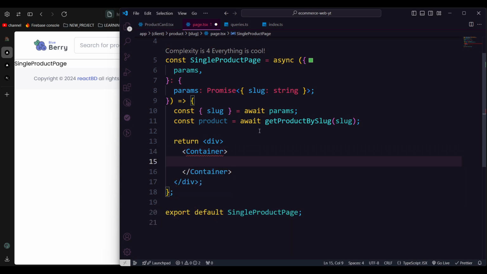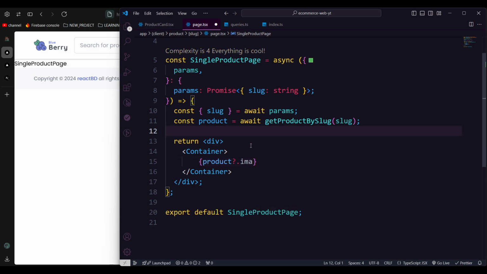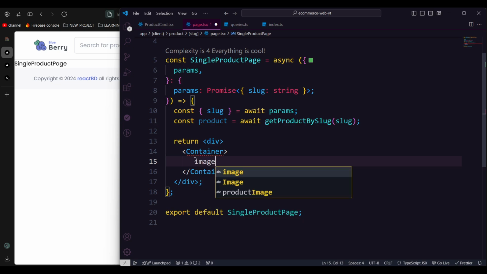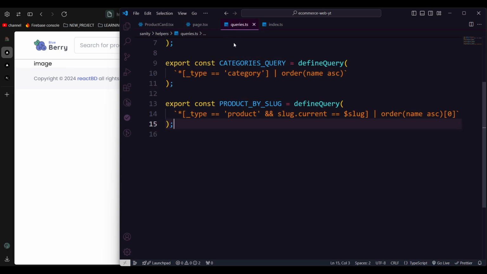And in the container value, we're going to pass all of those things. First, we're going to pass the product image. So if the product.image is available, and remember, as we are getting that, there is one more thing: we are not getting the suggestion because there is an error. What we need to do, as we are writing new queries, is run our type gen. If you just roll back in the package.json,